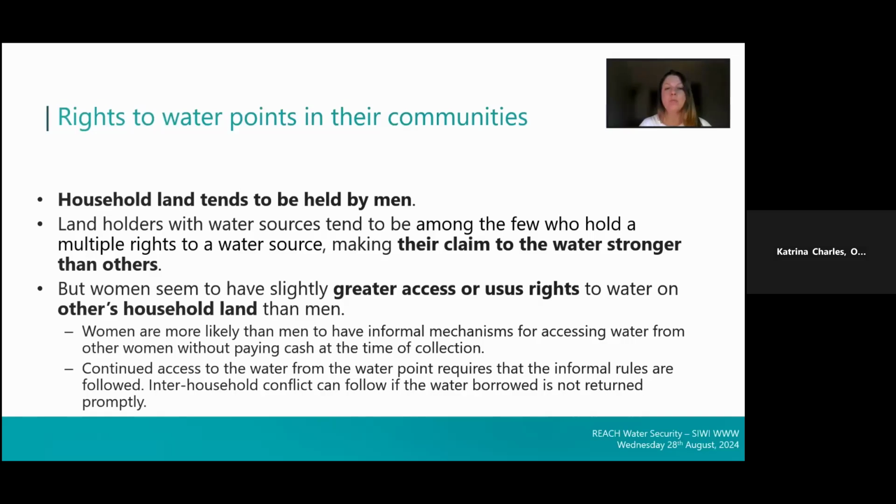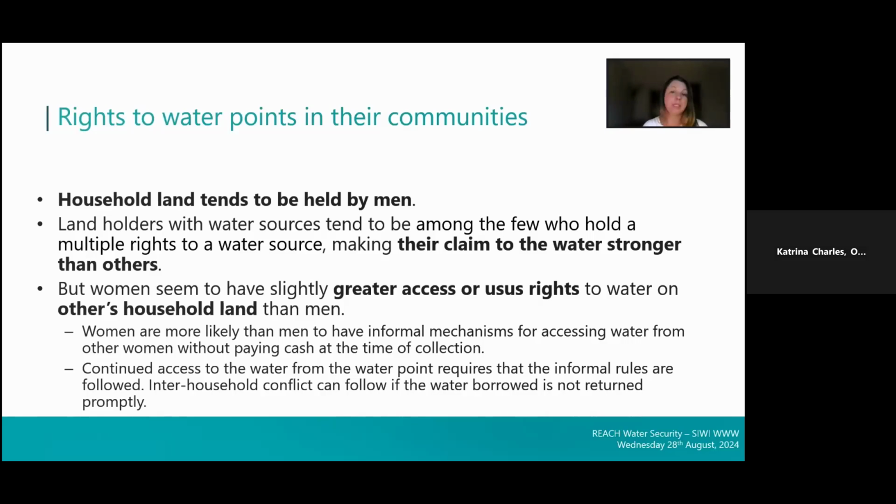On the other side, women report slightly greater access rights to water on others' household land than men. And this is particularly the case when water is scarce. And the qual data suggests that women have certain informal mechanisms that men seem to be removed from for accessing water from other women. And the qual suggests that water may be exchanged not just for a fee, but also